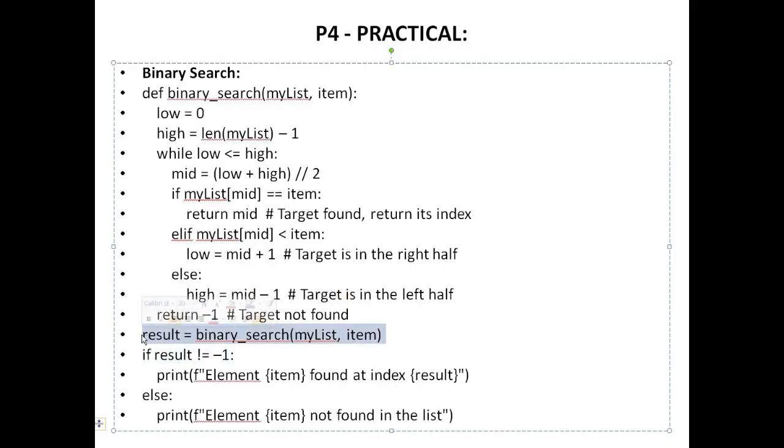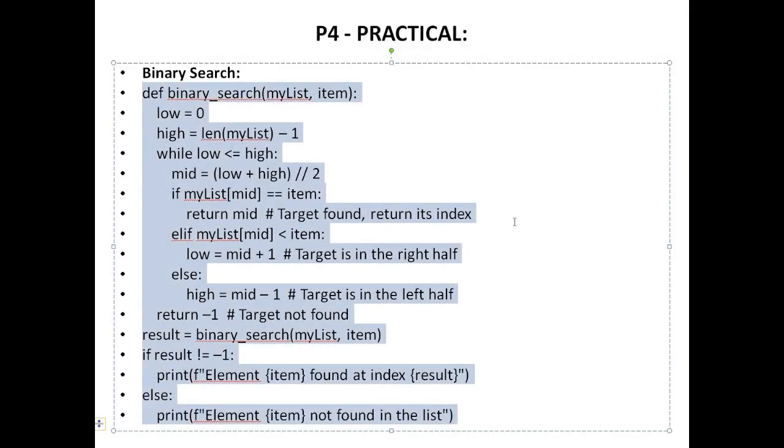Again, I am going to use the result variable to store the returning index number, and then if it is not equal to -1, I'll print that value found at so and so index number. Again, I'm using F because, like I said, one of my students really had a lot of trouble with displaying the normal print statement somehow. So this format thing worked great for him. Otherwise, you can just print simple statements as well, such as not found in the list.